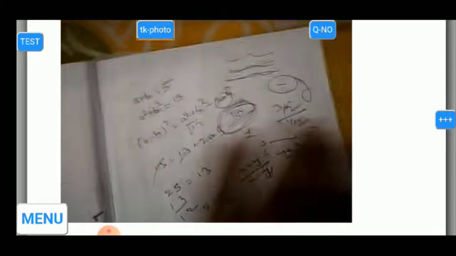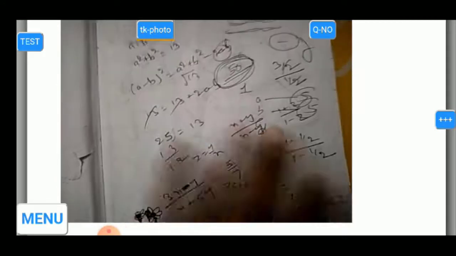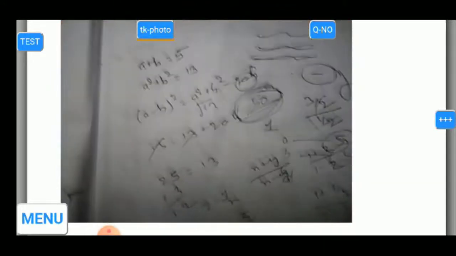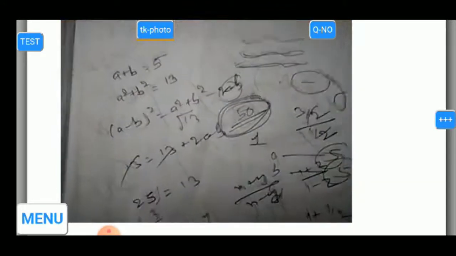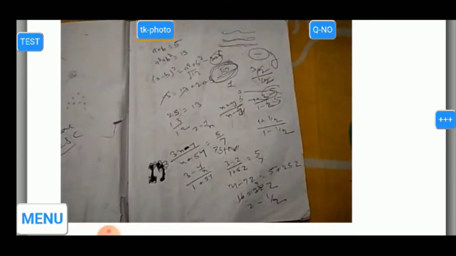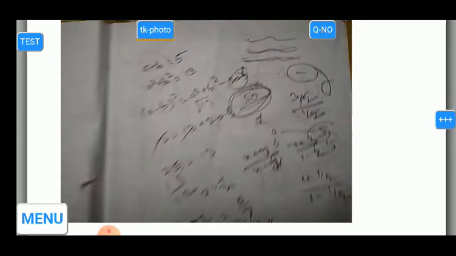Now see, the important part is, suppose I have a very long answer, it is a good practice that I break the answer into many pages. If I have a long answer, don't try to take a photo of the complete page at once like this. It's always a good practice that you come close to the answer. This is the complete answer, but I will break the answer into two parts like this.